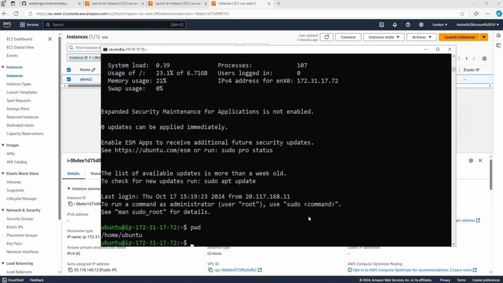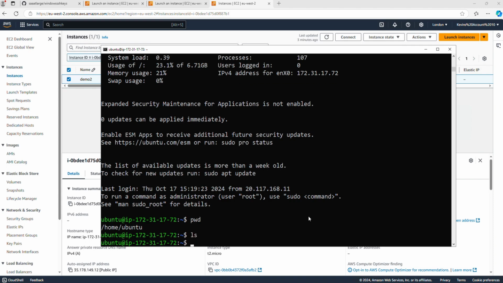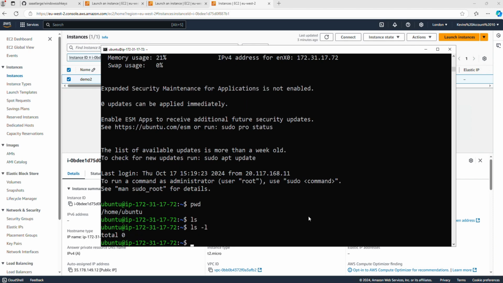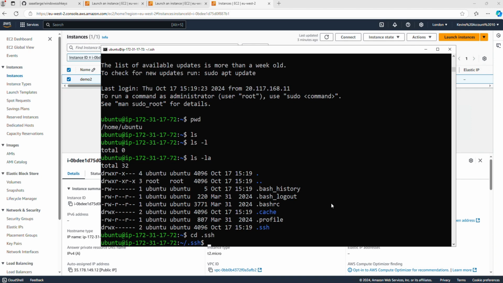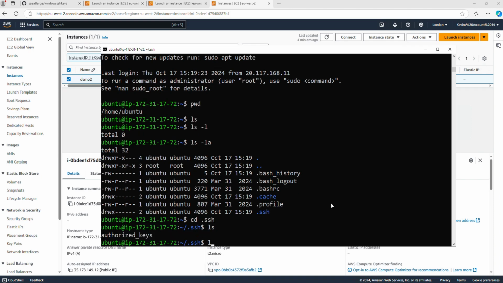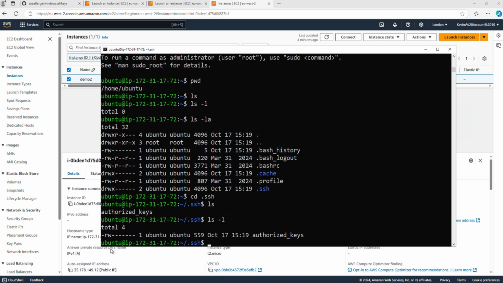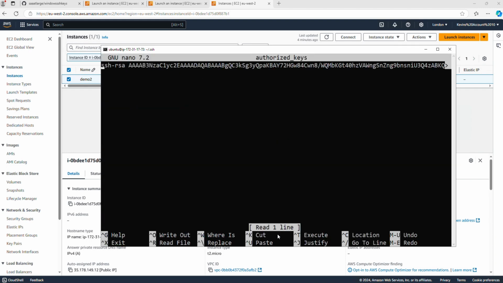Right. So here's the user we're in. This is our home user. Now, if you do an ls, there's nothing there. An ls -l, nothing there. If you do an ls -la, you see the hidden thing. So there's the .ssh folder. So if we go into .ssh, do that. It's okay now. So we've got permissions to edit this file. So authorized_keys. So if I do a nano, which is usually on a machine, and we do authorized_keys,